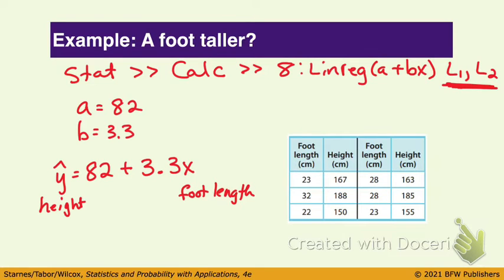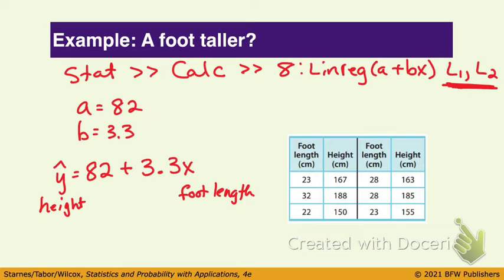We don't need them at the moment, but I'll remind you how to turn that on after we do our scatter plot. Okay, so we've got our y equals 82 plus 3.3x. Do you guys remember how to turn on your scatter plot? Second y equals, hit enter on plot 1, hit enter on. Now your scatter plot's turned on. And now how do you see the graph? You hit graph. And if you don't see anything, zoom